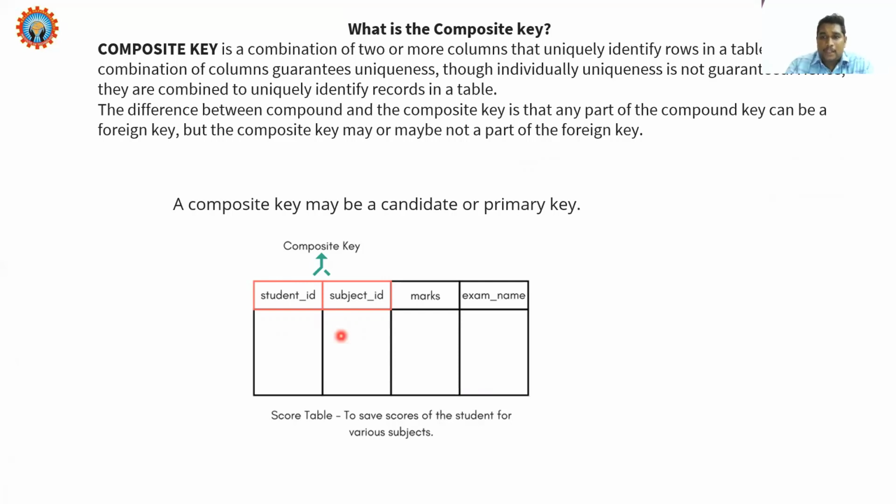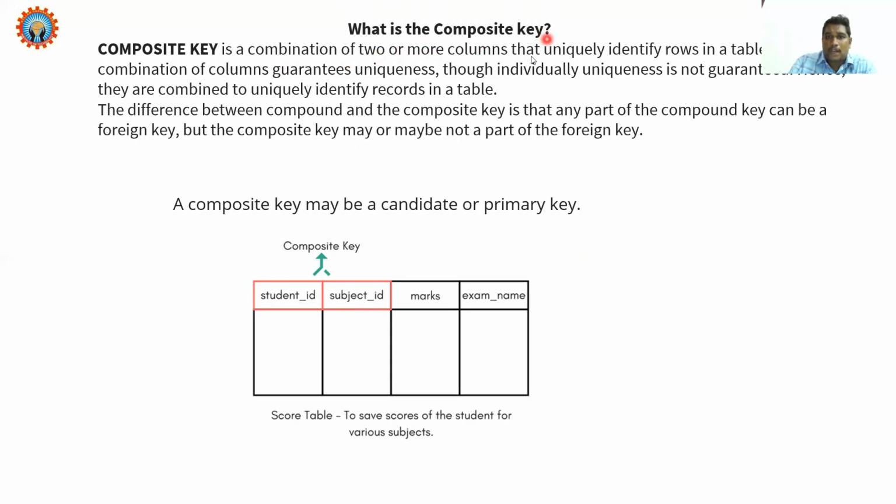In a compound key, if there are two or more non-primary attributes, based on these attributes you can retrieve the data, one tuple. But with a composite key, if you take two or more non-primary key attributes, you can retrieve two or more rows in a table. Okay, I hope you understand.